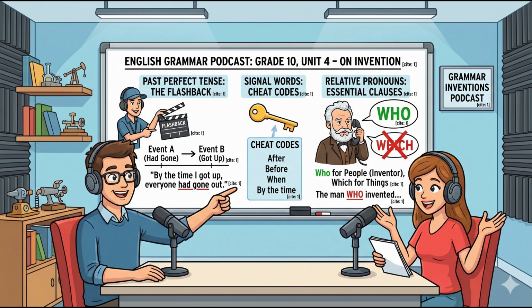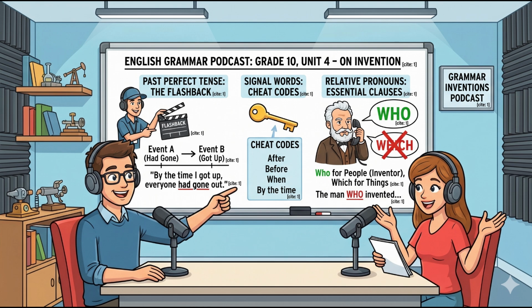So mechanically, you just combine the word had with the past participle of your verb. Which is just the completed form of an action word, right? Like eaten or broken or gone. Spot on. Look at the example straight from your source text. By the time I got up, everyone had gone out. Okay, so getting up is in the normal past, but the going out happened before that, so it gets the had gone. Right. It pushes that action further back in time,